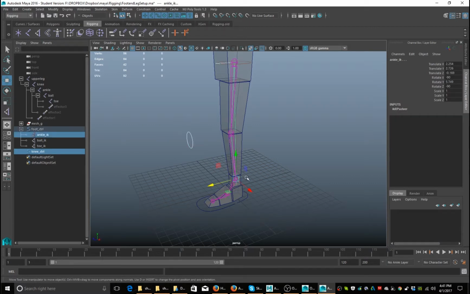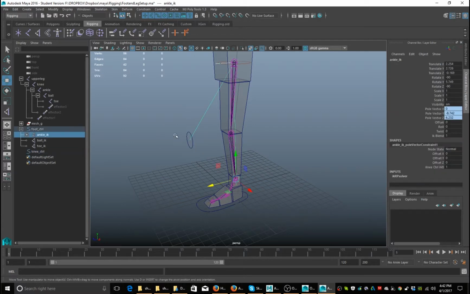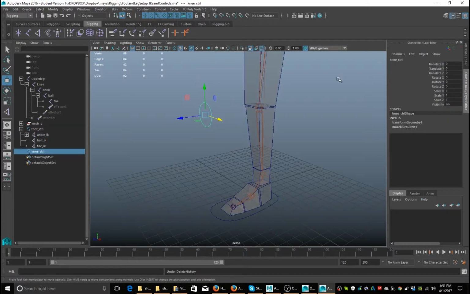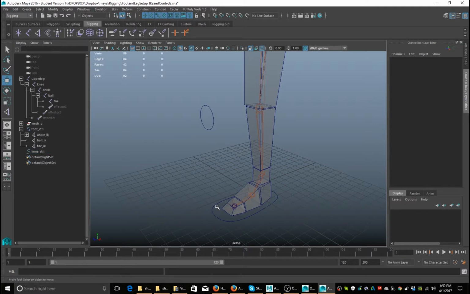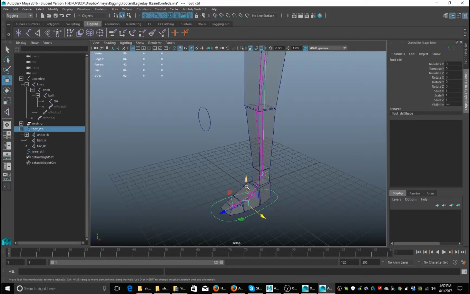Get the order right. First the knee controller and then the ankle. There we go. And then when you're done, you should have that line. So the last thing we want to do here is delete the history. So Alt Shift D deletes history, so that now we have a knee controller that corrects when our foot